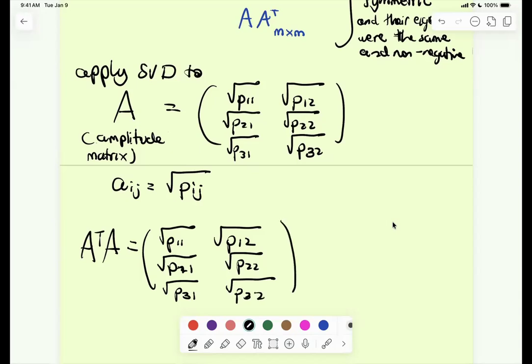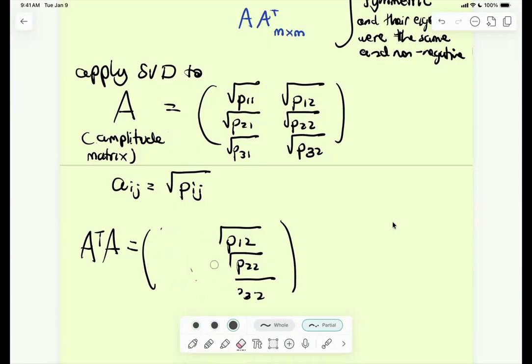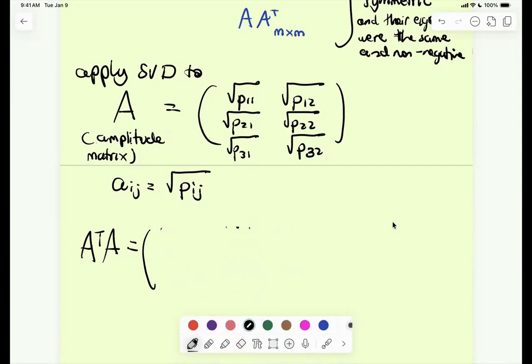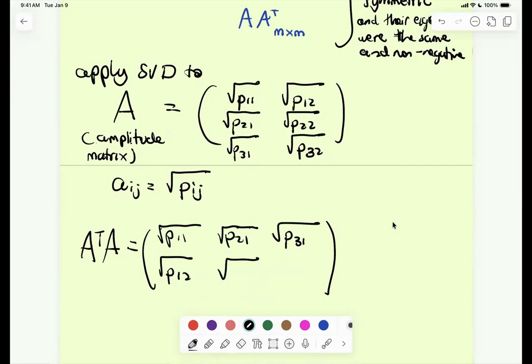Oh, did I transpose this? No, I don't think I did. Oh my God, I didn't transpose, sorry. Take it back. Square root of P11, square root of P21, square root of P31. Okay, now this looks better. And then square root of P12, square root of P22, square root of P32. Okay, and then